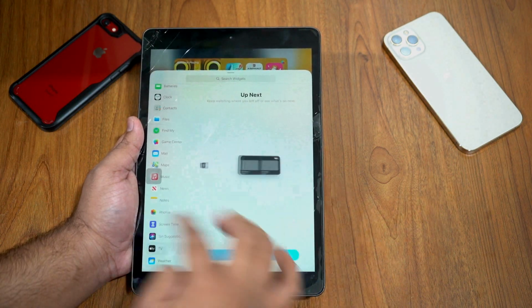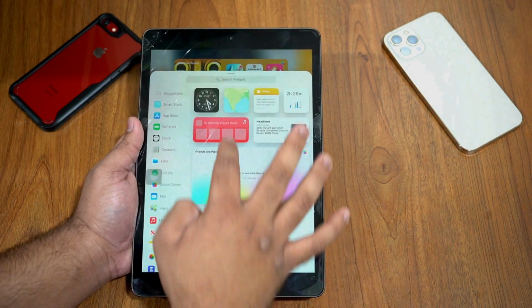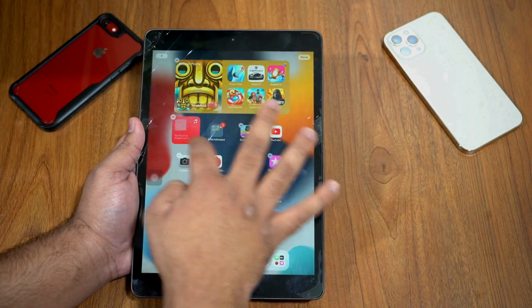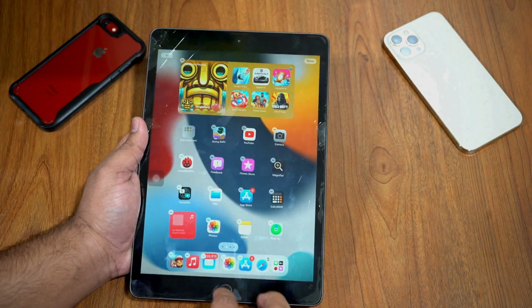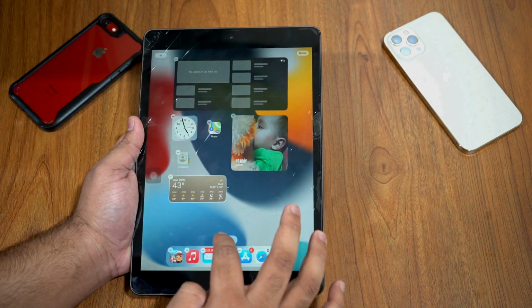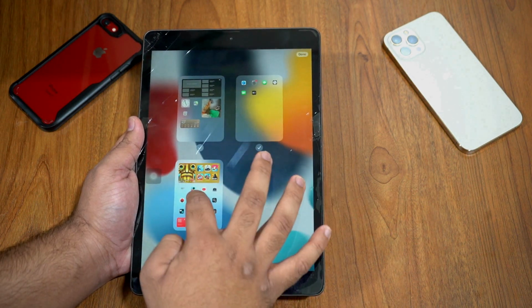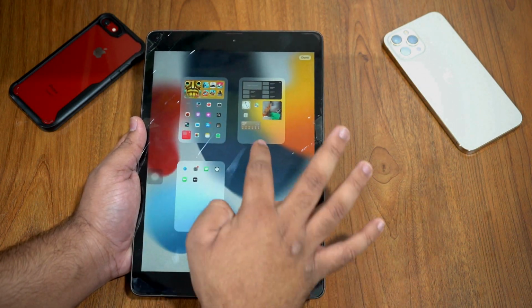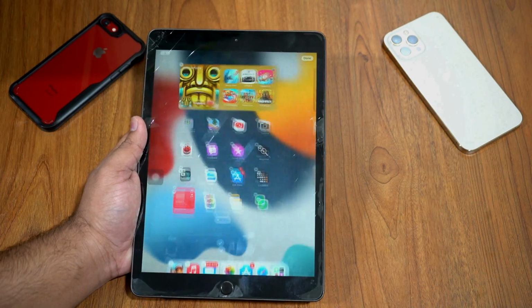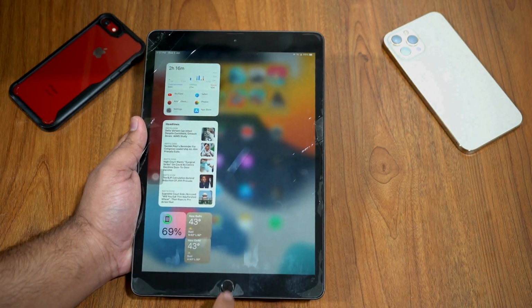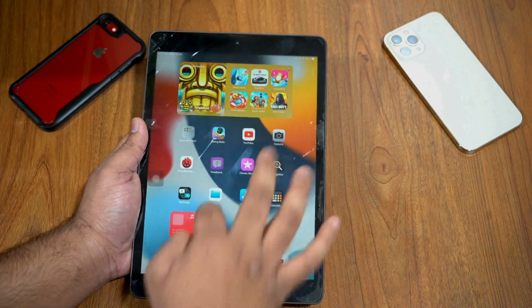And with a new larger widget size, you can take full advantage of the big iPad screen. Now you can place widgets among your apps on your iPad screen. Now you can also rearrange the pages of the home screen, and you also have an option to add or hide any page.